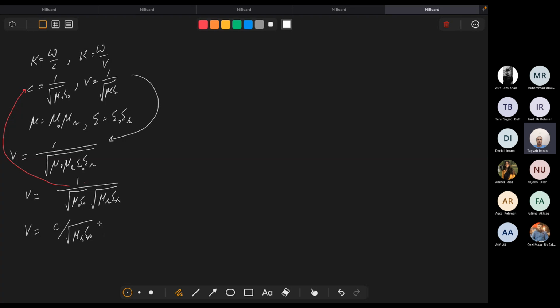Now further, we can write like v over c, c को अगर हम उधर ले जाएं, ठीक है? So that would be like, ठीक है? And now if we want to write c over v, so it will be like,